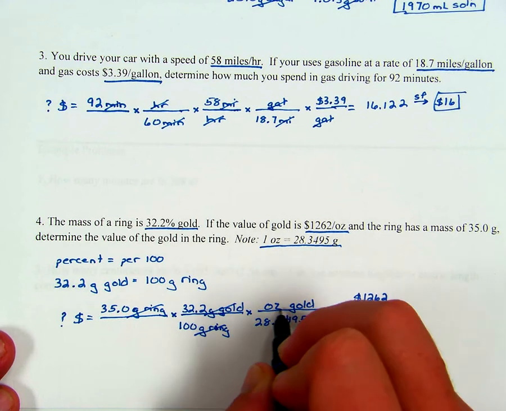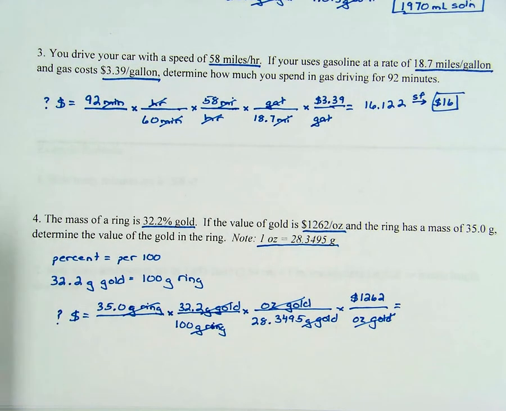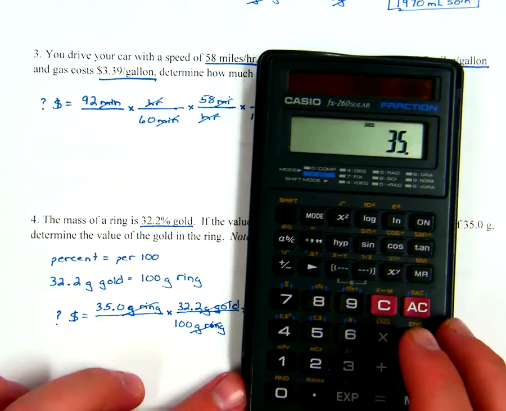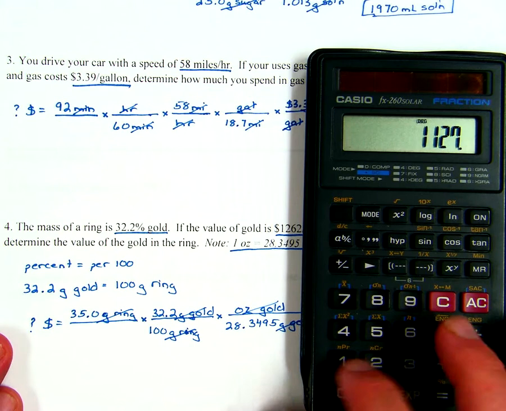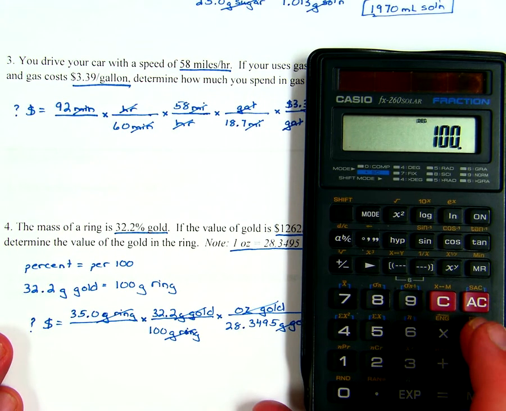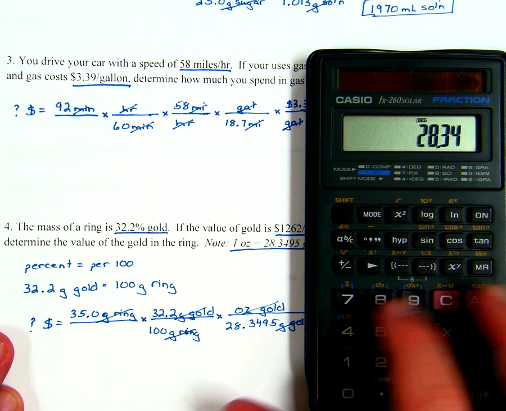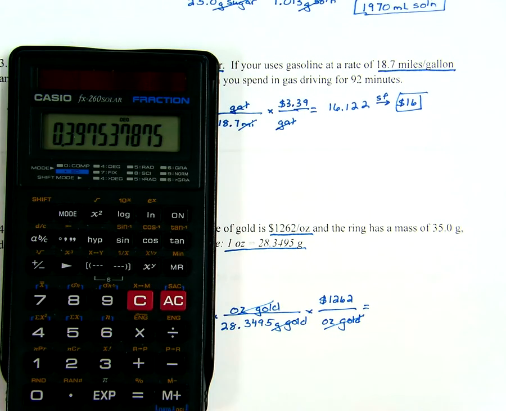Alright, so let's see what we get here. We have 35 times 32.2 divided by 100 divided by 28.3495, and then I need to multiply by 1,262. So this gives me a value of